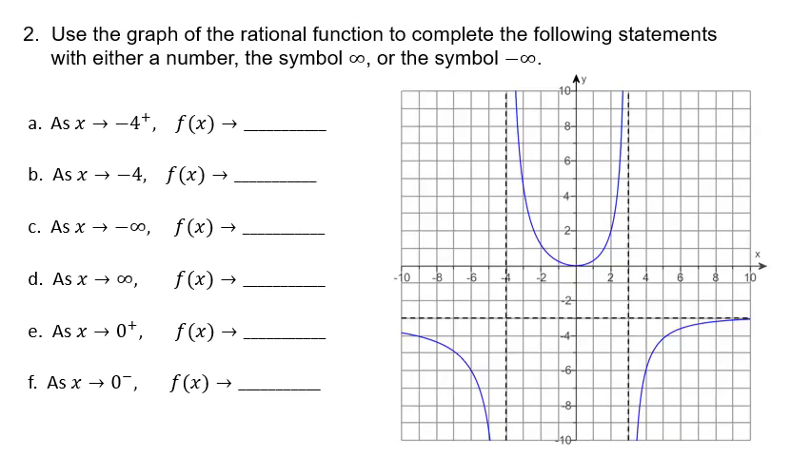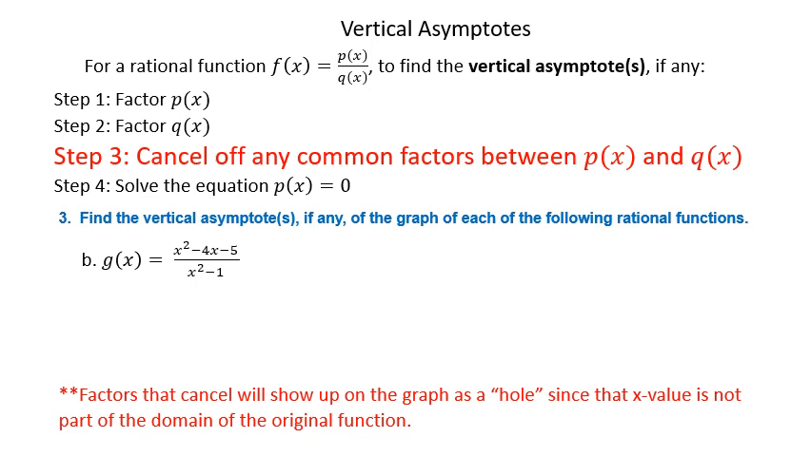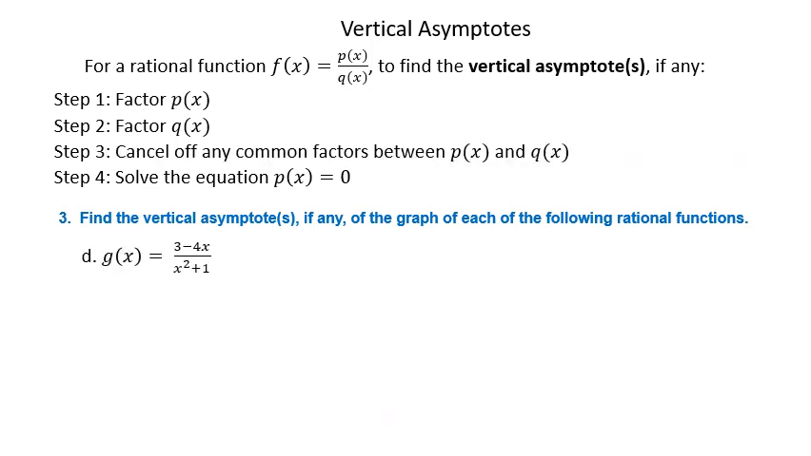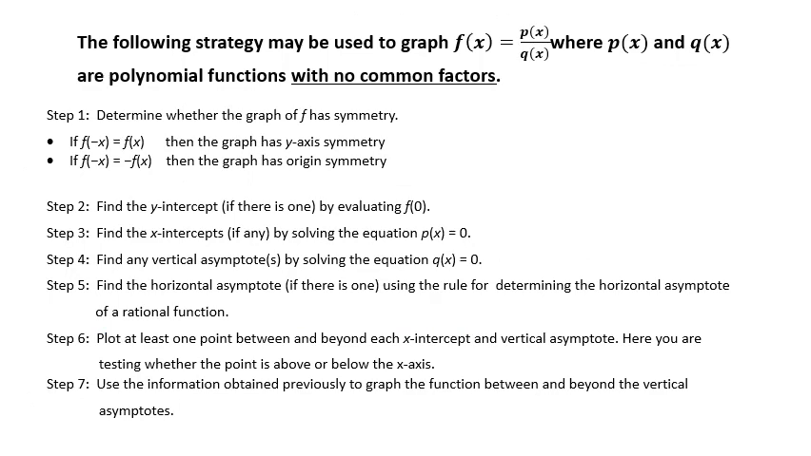This was number 1. Number 2, we did about 4 problems on finding vertical asymptotes, A, B, C, and D. These are all covered in the previous video, part 1. We did, I think, about 6 of these horizontal asymptotes, A, B, C, D, E, and F, I believe. Yep, F. And this is where we left off,